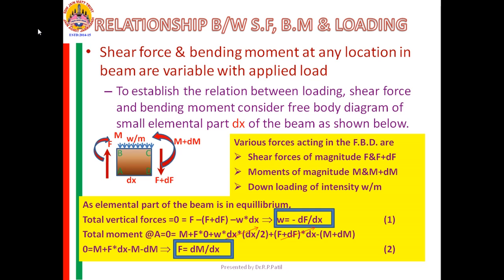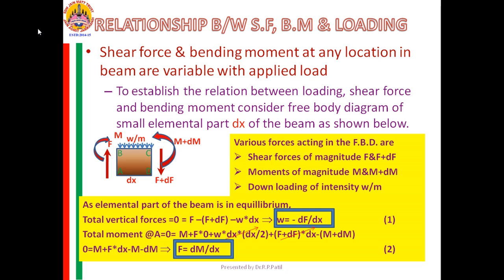Therefore, what is the total? Plus minus, 0. If one is horizontally towards the right, the other will be horizontally towards the left. That is why it won't come into calculation. Couple or moment, when you are going for the vertical or horizontal forces, should not be included in the calculation, as you have studied in applied mechanics. Is that clear?